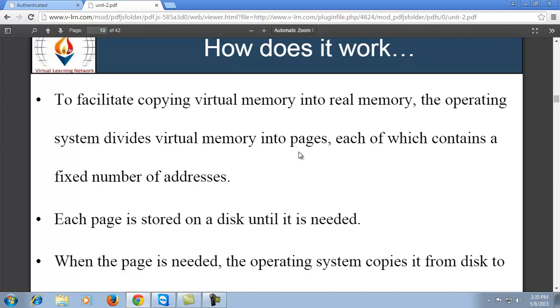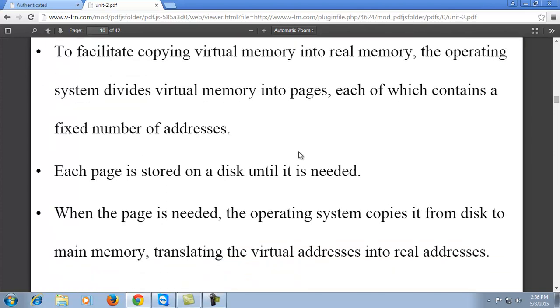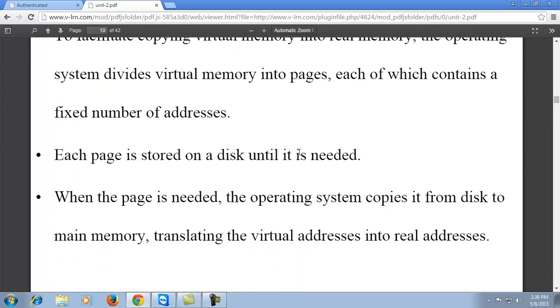Each page is stored on a disk until it is needed. Every page stores some content until we store further content and make further allocation. When the page is needed, the operating system copies it from disk to main memory, translating the virtual address into a real address.